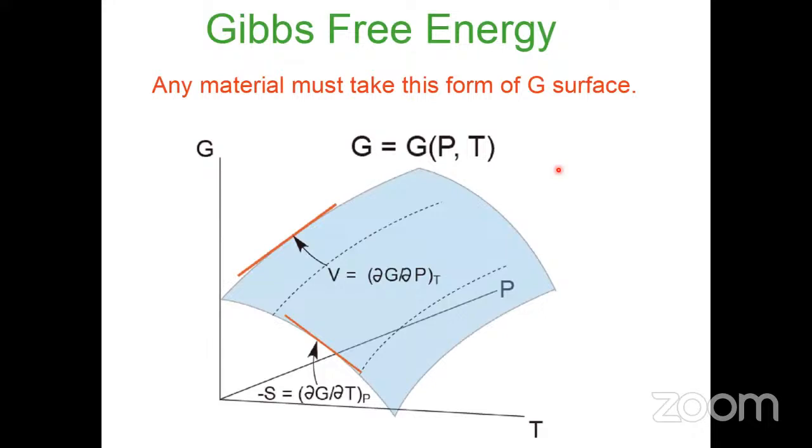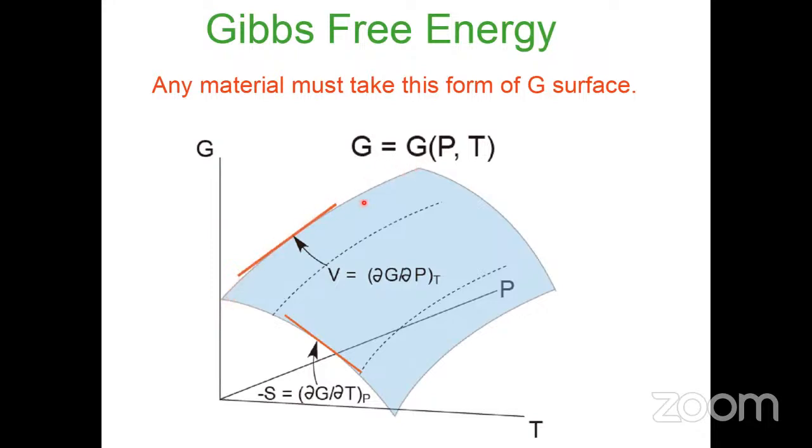Okay. So here's a bit more about thermodynamics. This is the Gibbs free energy versus pressure and temperature. From the second law of thermodynamics, any material in the universe must take this form of Gibbs free energy surface. This is mathematical information, namely the free energy is increasing with pressure